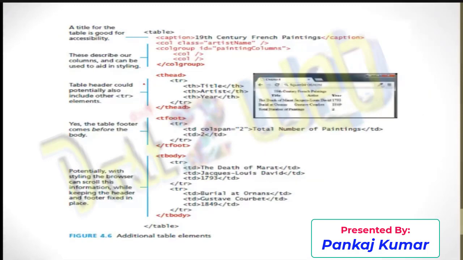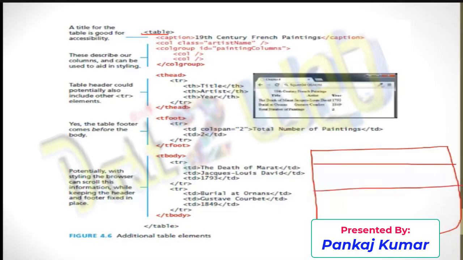Let's see the example here. Just write the table tag. Now I want the title, hope you remember when you create any table, right? Take this as your table, and this is your multiple rows. I'm defining from here.